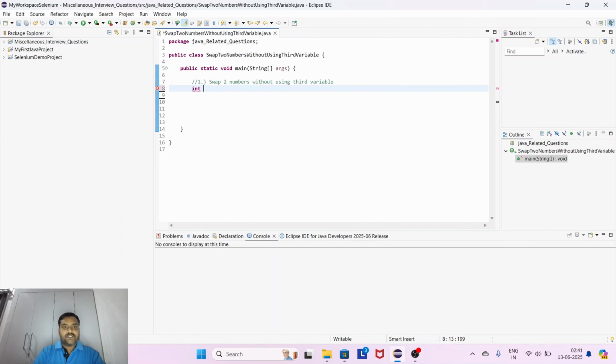Let's say integer num1 has the value 100, and another variable num2 is equal to 200. So what we will do is num1 plus num2, and we store it into num1. Here we are not taking any third variable. So num1 is the first variable and num2 is the second variable, and we store their sum